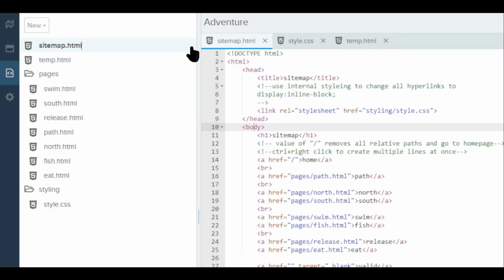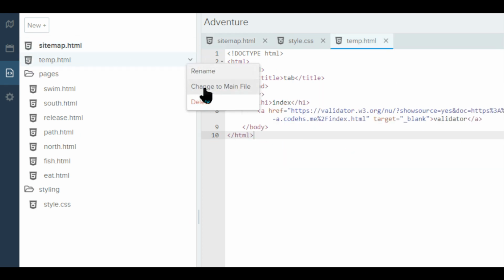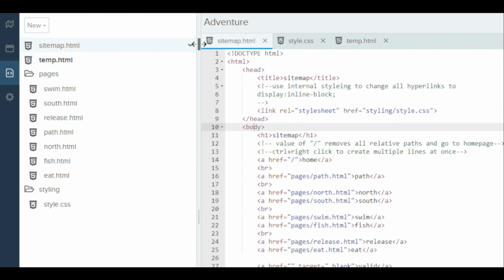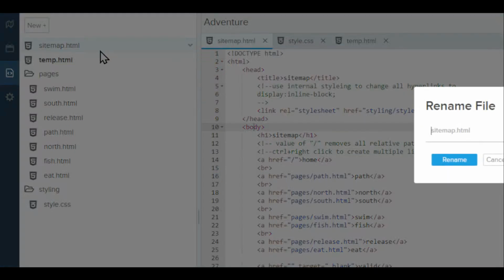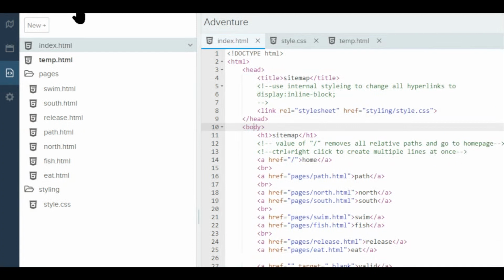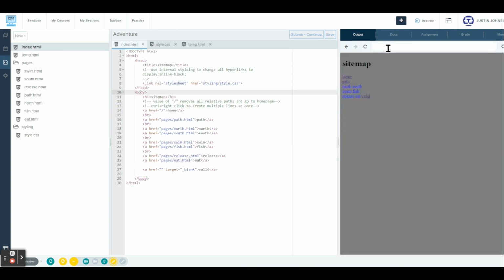And then we're going to rename the sitemap. Oh, hold up. I have to change something else to the main file. Then sitemap, I can rename, and we're going to call it index.html. And then we'll set it as our main file. So what that's doing is that way, this sitemap page, when we, oh, got to delete that. Now when we go to the main index page, right, it'll be the sitemap,